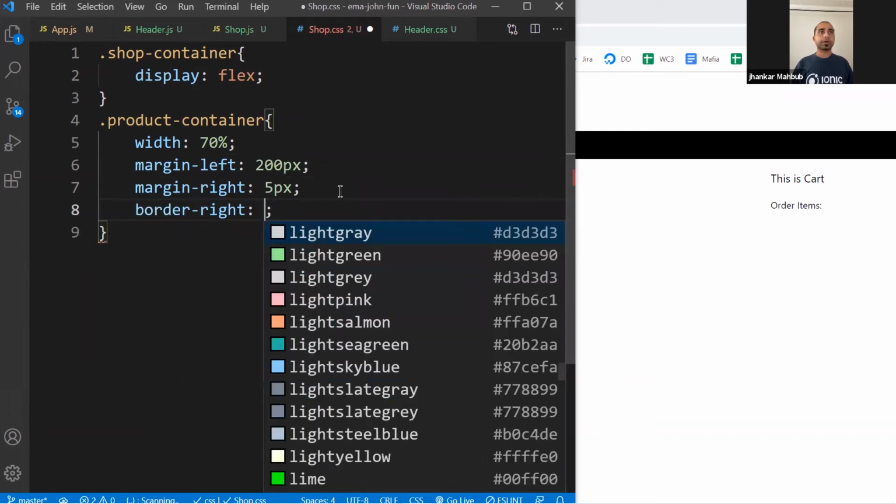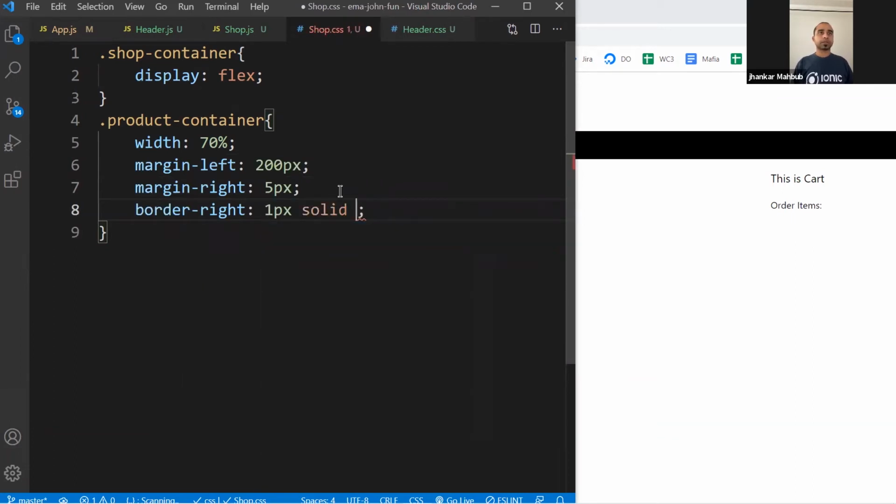So if there is even a little bit more push there, you can have a border right. Border right 1 pixel solid, say light gray. And if you do this, you will have a tiny light border right away. And you can add much more style if needed, and you can do a card container view style, like a left padding and whatever is needed, but we'll do this a little later.